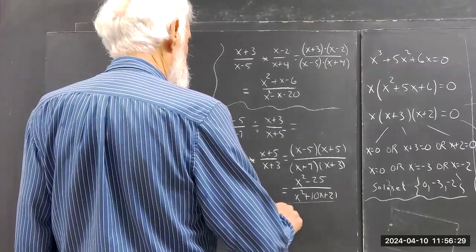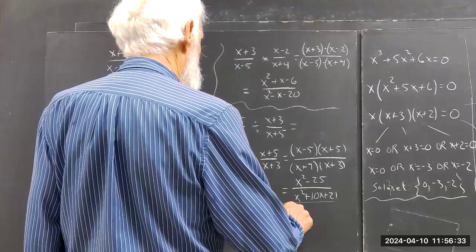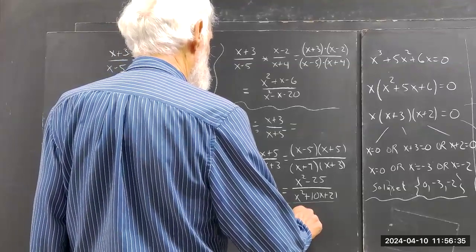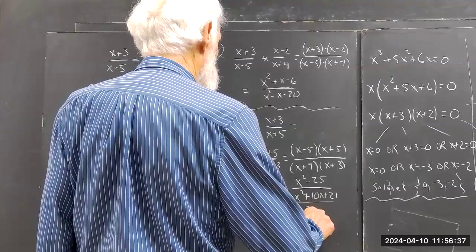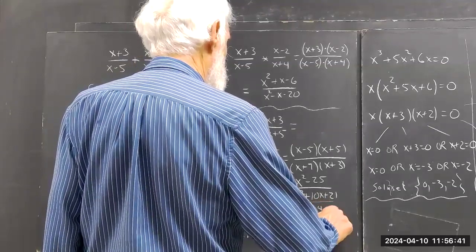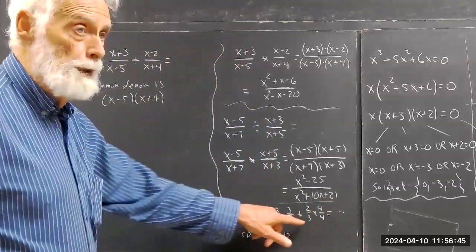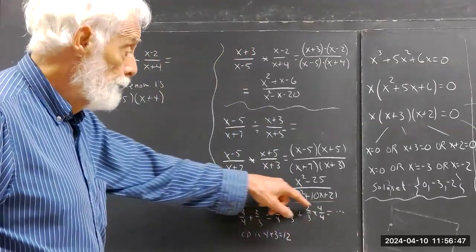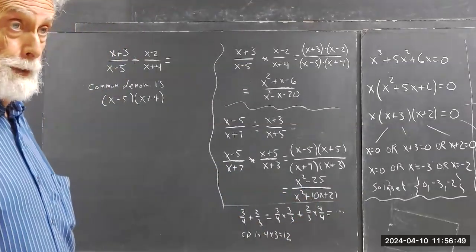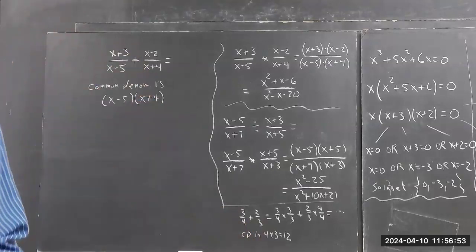So you have to write this as 3/4 multiplied by 3 over 3, plus 2/3 multiplied by 4 over 4. Once you've done that, you're going to end up with a common denominator of 12, and you can add the resulting numerators. Okay? Now, see if you can take that as a guide and see what you do